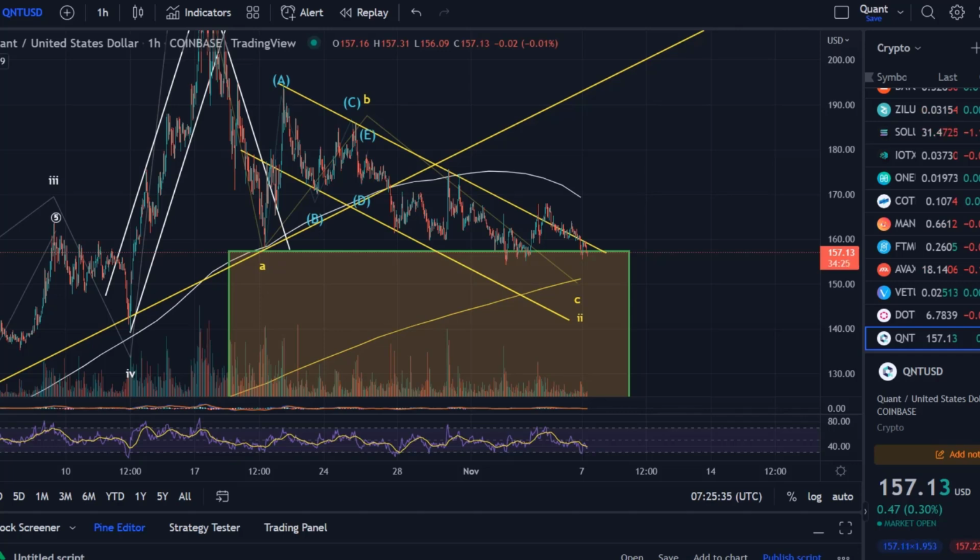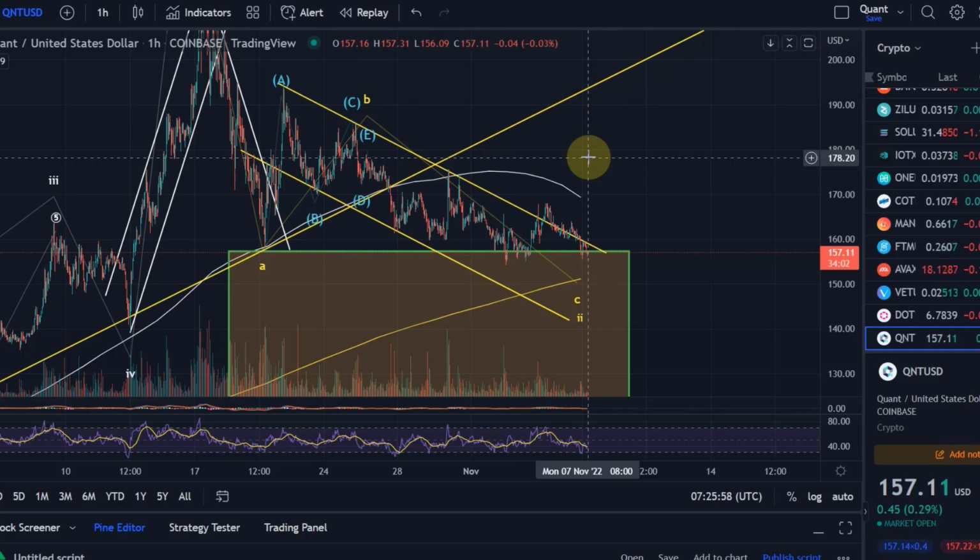The problem with Quant is that it is still sort of in this channel. It hasn't really broken out of this channel. You can see this channel here actually on the screen. So this parallel channel or this sort of trend channel in which we're operating, it hasn't really allowed the price to break out, or the price didn't break out of it.